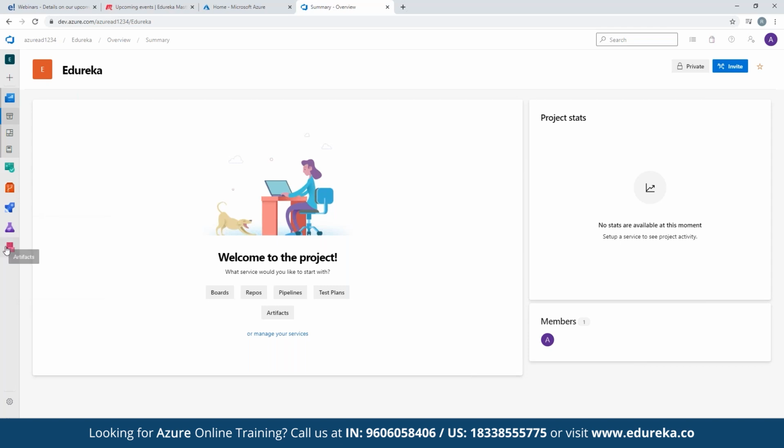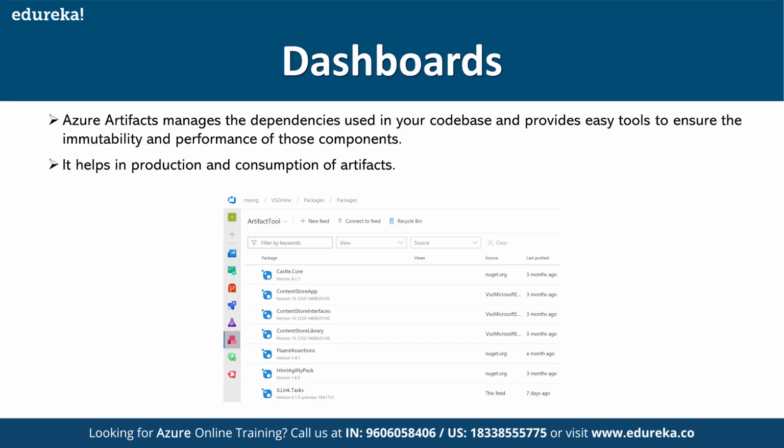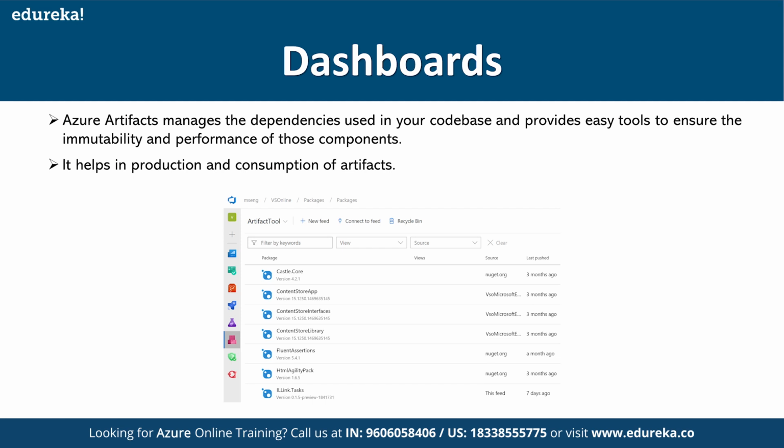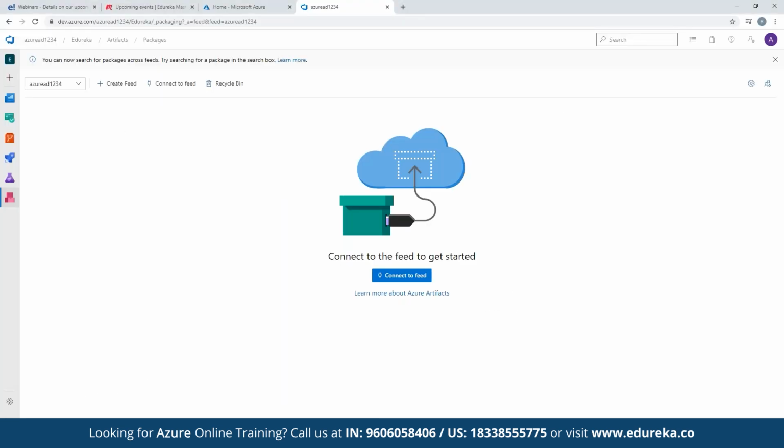Pipeline, test plan, artifacts. So artifacts, we have seen it in the portal. Click on it. If you have the code bases which are there, you can see your dependencies there, and it provides an easy way of management through artifacts. So we can also connect to the feed or create a feed in artifacts, right? Thanks everyone.